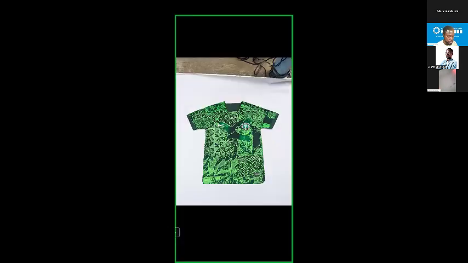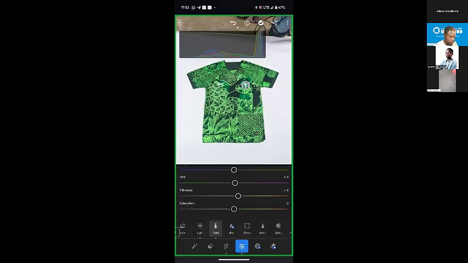Okay, so I think this is a good picture. This is a good picture. So for the export settings now, when you're done editing and everything,